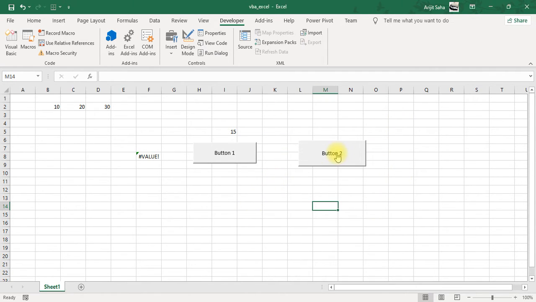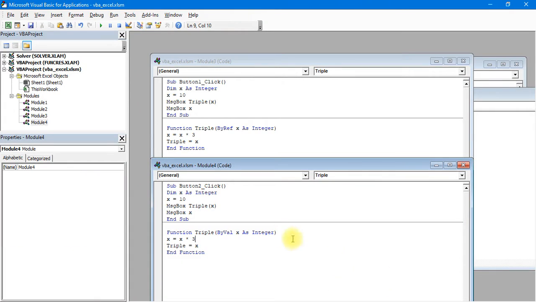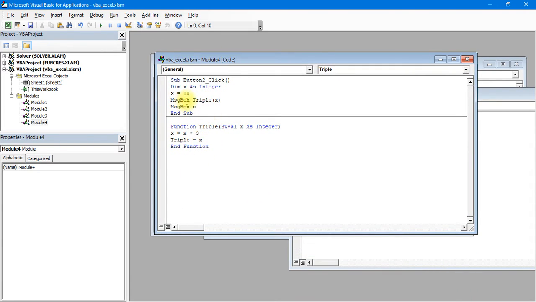But in the next case, button 2, we are sending the data as a copy. Therefore if I click on button 2, the first answer will be 30. Why? Because in this function in module 4, Triple is called and multiplies 10 by 3 to get 30.